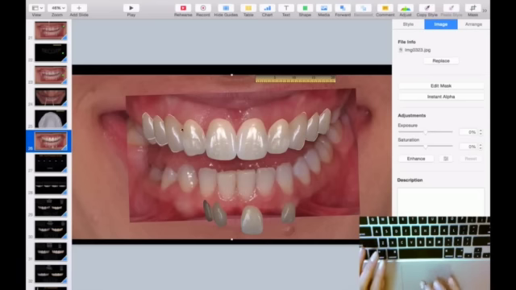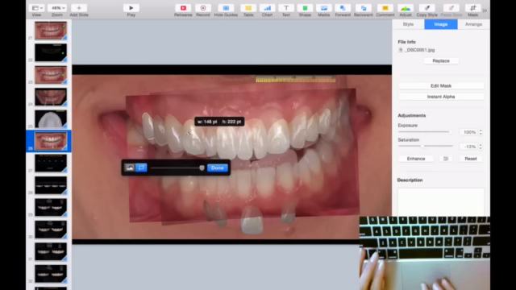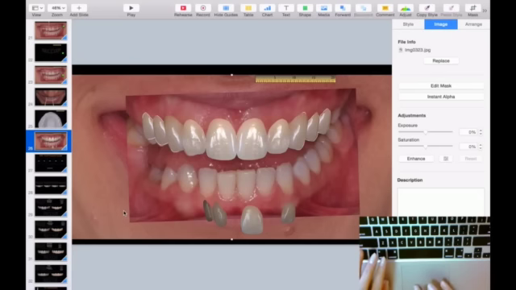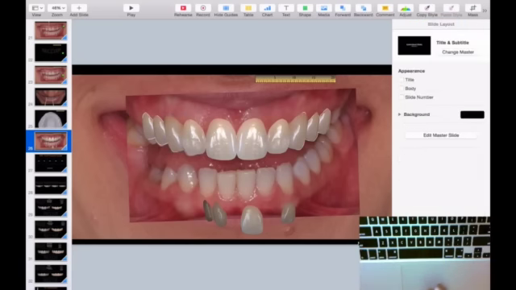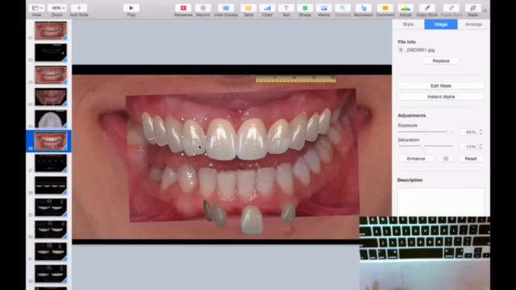Just place them on the right place. I can also make this one bigger. Okay, all of them